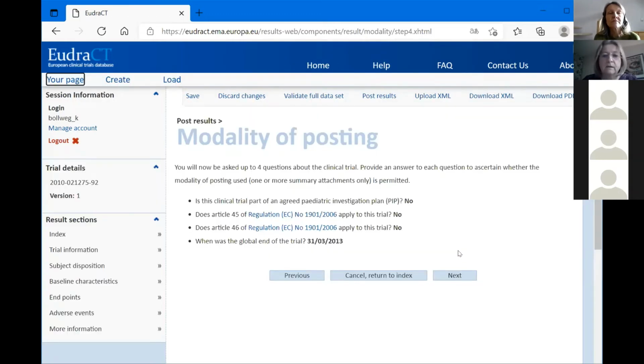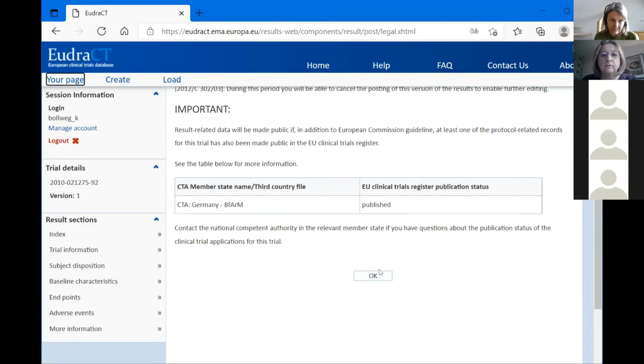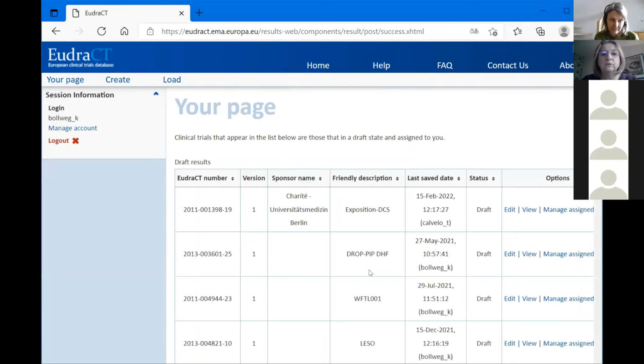Next. Then I control it. Yes, next. And now, last but not least, I accept the terms of this agreement and post. And now, last, I say okay, that it is also published for our authority. And now it closed. It is now posted,